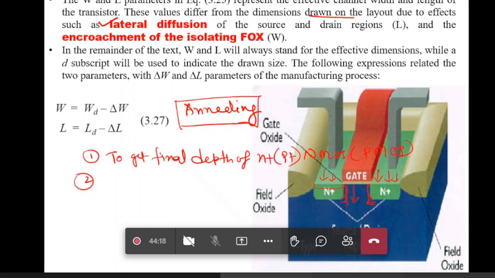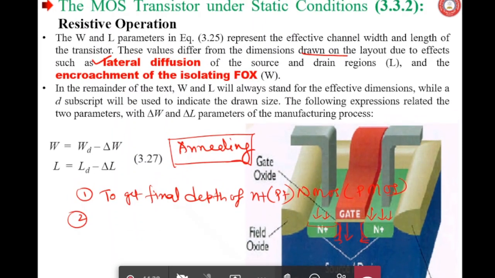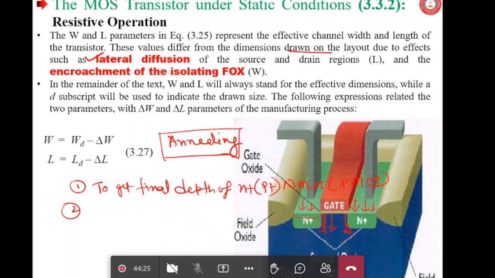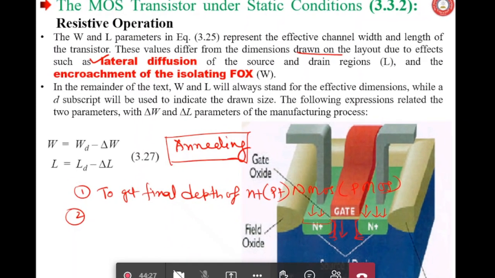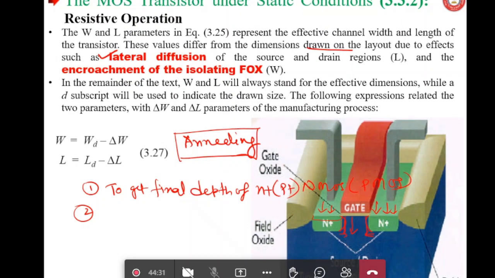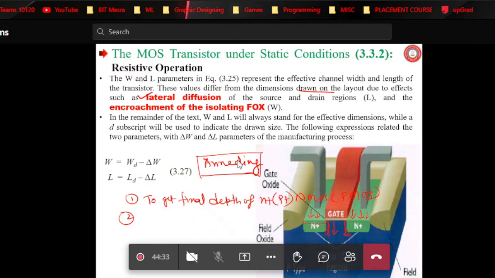Another location, maybe interstitial site, and a defect is created. There are so many defects: manufacturing defects, dislocation, then Frenkel defect, Schottky defect, etc. That topic is not here, so I am just skipping all those discussions.